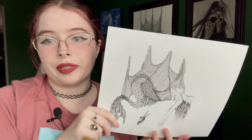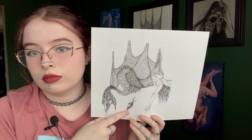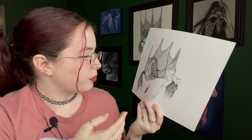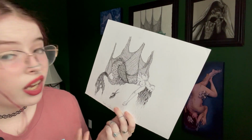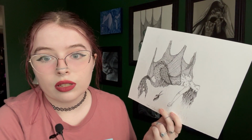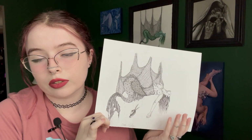This is an Irish mermaid. It's called a Marrow. And she's caught in a fisherman's net and she lost her hat. I really like this sketch, that's why I kept it. It's just pencil and then pen on top of it. And I really liked it. I hung it up in my studio, in senior studio. I hung up sketches I really liked in there. So I'm very proud of this one. I kept this one. I do want to put it up on my wall eventually, but